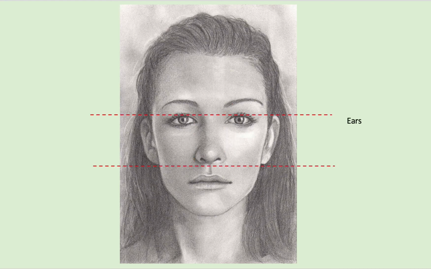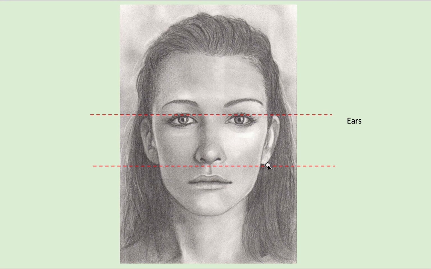Ears are a very interesting feature of the face. They're actually much bigger than most people think they are. For the bottom of the ear, we do a sight line, and this is assuming the head is looking forward. If the head's looking slightly down or slightly up, it all changes. So this is a very generic head looking straight forward, which I'm assuming most of you are going to have